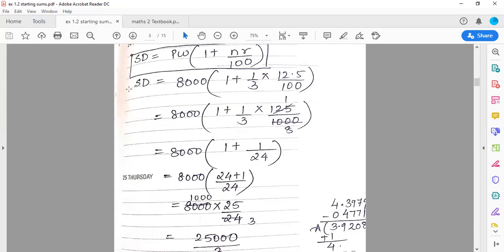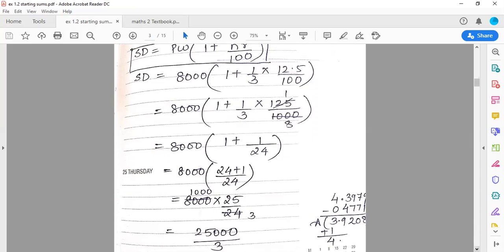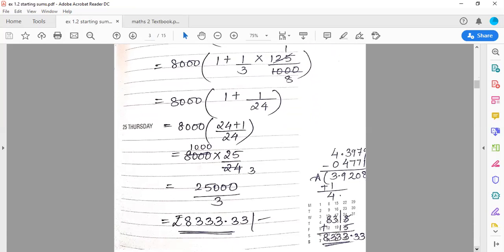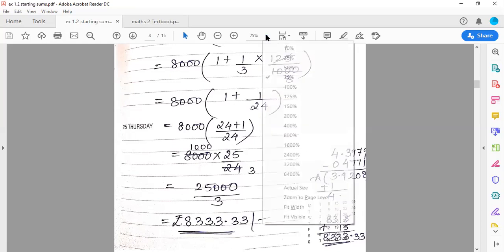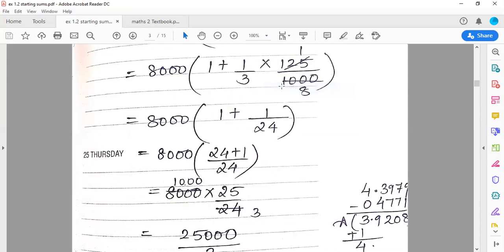In the previous sum, SD was given, you were finding PW. So be very careful while substituting the values. So after solving, the sum is very easy. You get the answer to be 8,333. The steps are the same, the sum is the same, so you can practice and get the answer. As you all have seen, I've done this sum as well with the log. You can follow the simple division also to get the answer. Okay. So clear up till here, 2 sums.